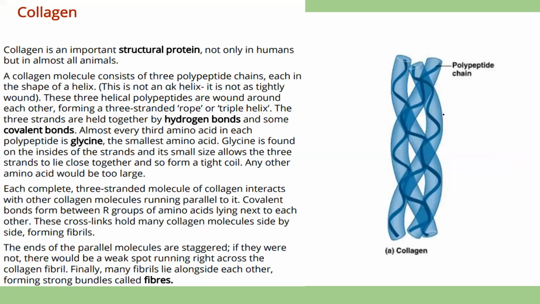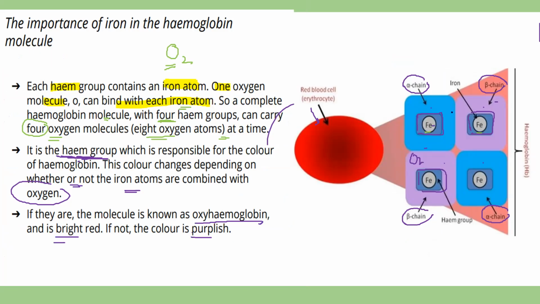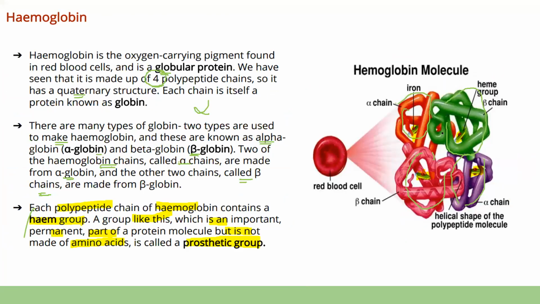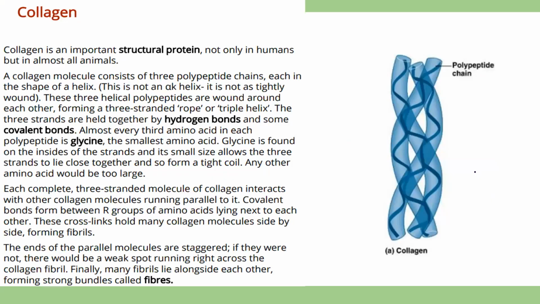ठीक है? So this much about the hemoglobin. But remember बेटा, जो heme group होगा it will be in the center. ठीक है? तो वो अंदर centralized है. Here you can see the center. ठीक है? और जो बाहर का structure है बेटा, this one is hydrophilic. ठीक है? So this is the one which will actually stay in contact with the extracellular fluid. ठीक है? और अंदर जो heme group है बेटा, that is inside here. So this was about the hemoglobin.